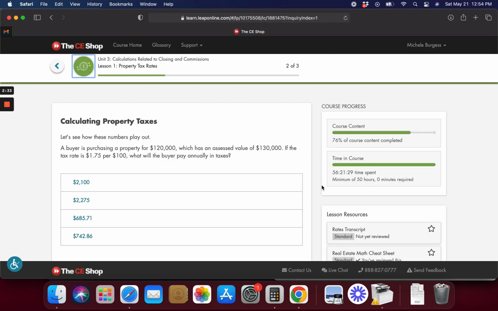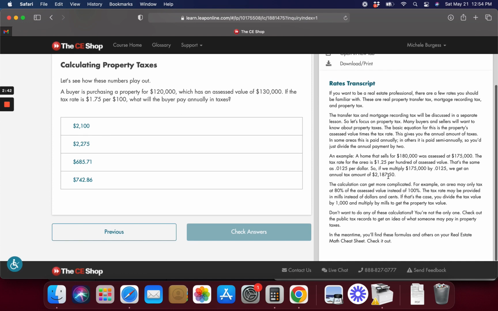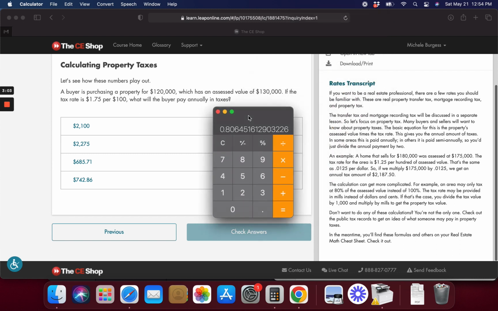Okay, calculating property tax. Let's look at the rates transcript. A home that's selling for this, assessed at $175,000. The tax rate is $1.25. That's the same as 0.0125 per dollar. So we multiply 130,000 times, all right, let's say this is saying we're taking